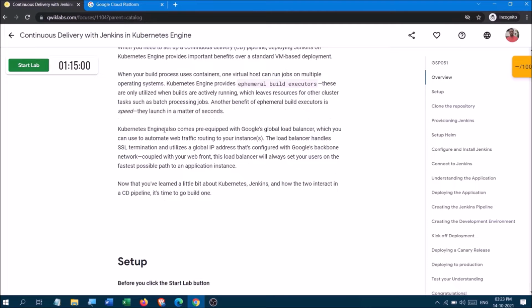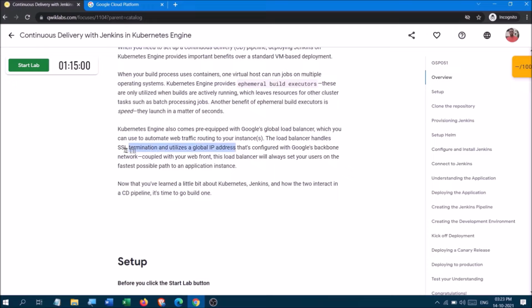The engine which we are using also comes pre-equipped with Google's global load balancer, which means you automatically benefit from it, and it helps you automate web traffic routing through your instances. It also handles some features which you don't normally do directly.